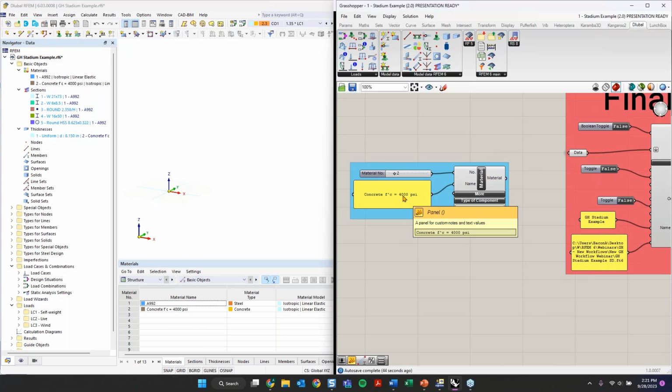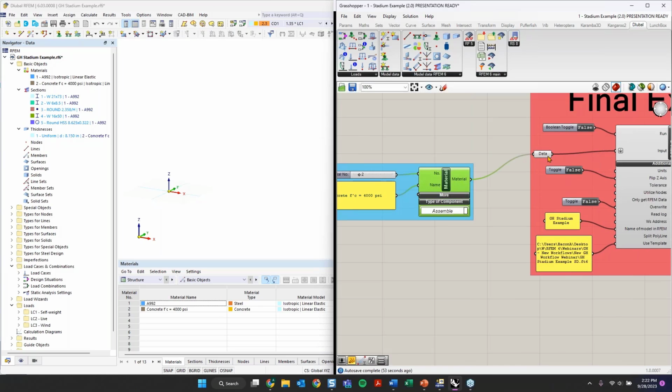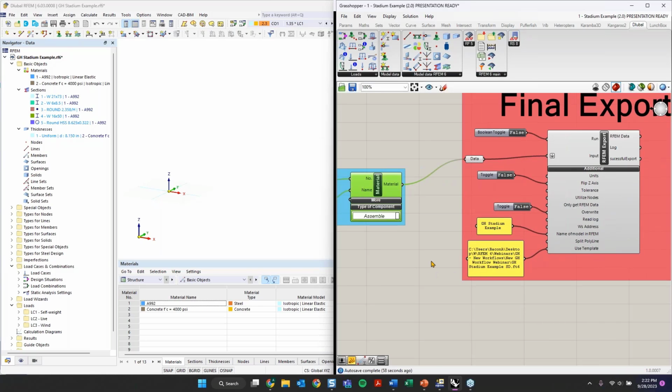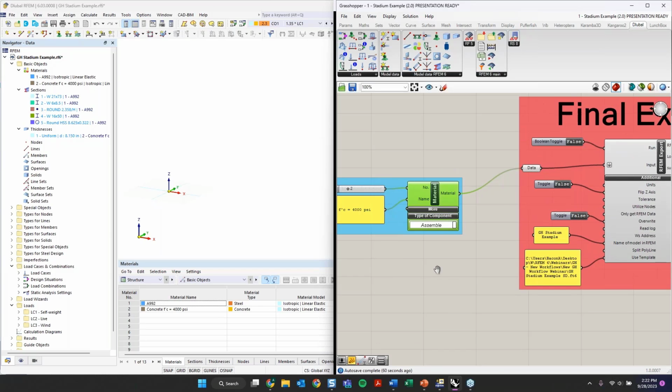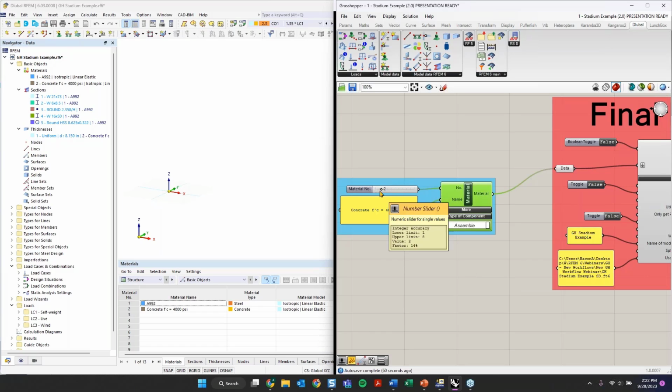So all we would need to do is connect this component to the export component, which it already is. And then we want to change the overwrite from true to false. It's already set to false. And then we need to assign the same index number to the material. If I didn't assign any index number to this material, then we would simply be adding a new material. So if I run the export